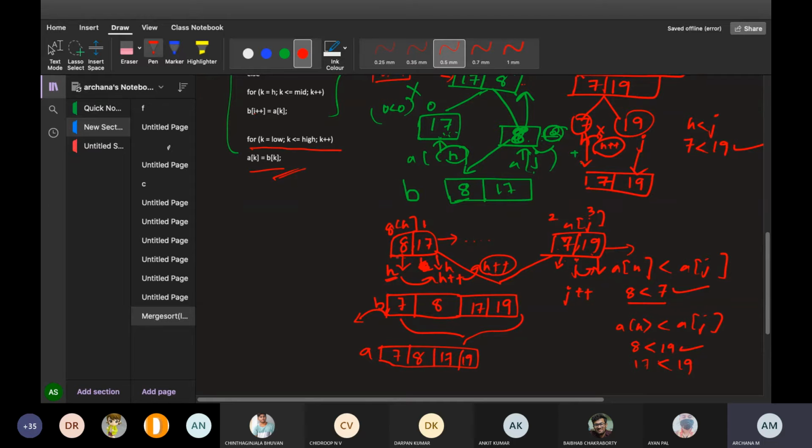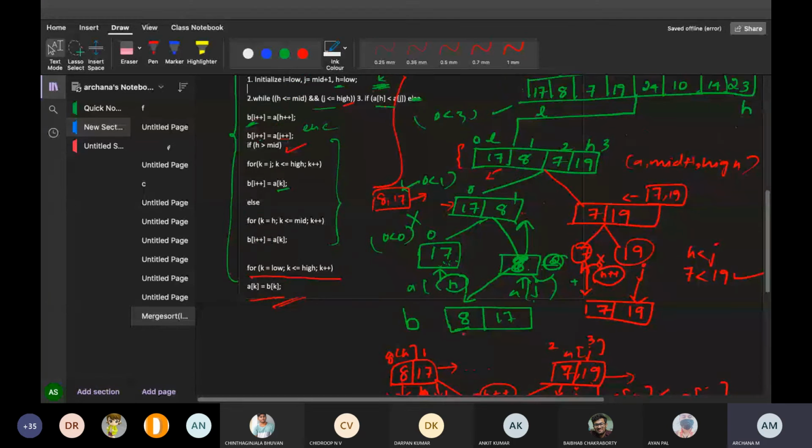Now compare those two, whatever the first element and the second element. Again, compare and put that value. Whichever value you put, that has to be incremented. Okay, finally, when you keep on incrementing, you will not find an array to increment. At that time, whatever elements remaining in the other array, put those elements directly into the new array. This is what the merge sort technique is. Understood? This is how the second part of the algorithm will work.